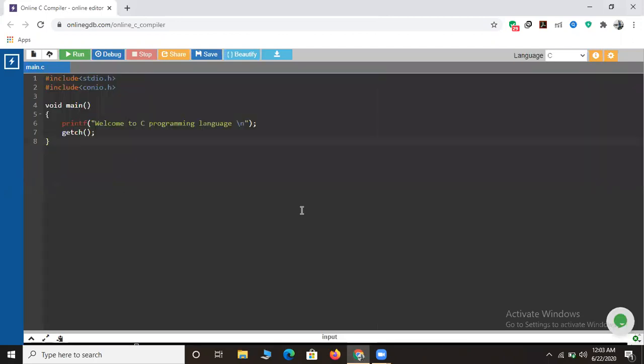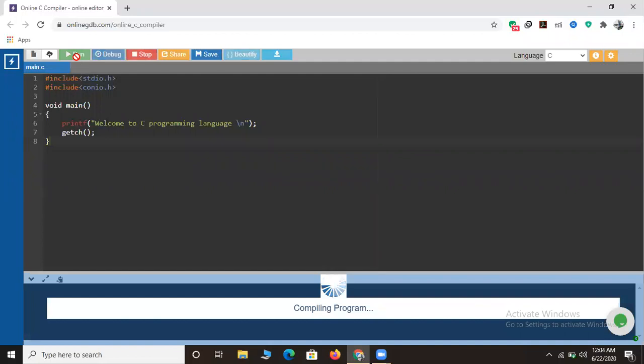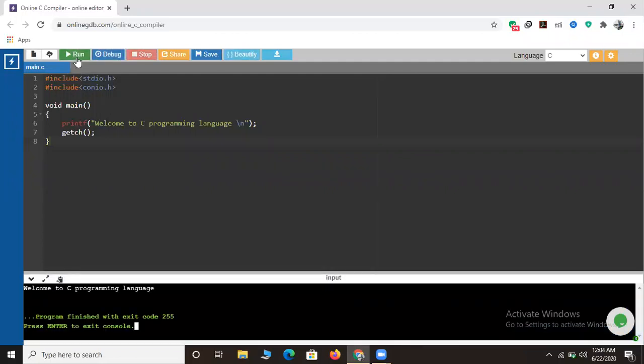See friends, here I have written a small program which in the previous session I studied as the simple structure of C programming language. When I execute the program, you can see the statement "welcome to C programming language" is executed clearly, and the program is finished with exit code of 255. So friends,